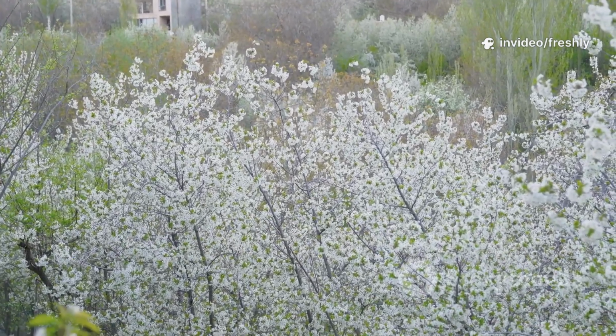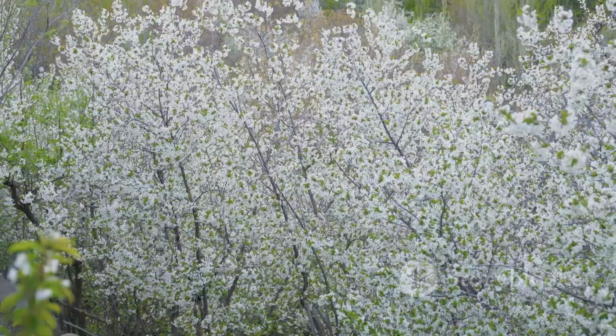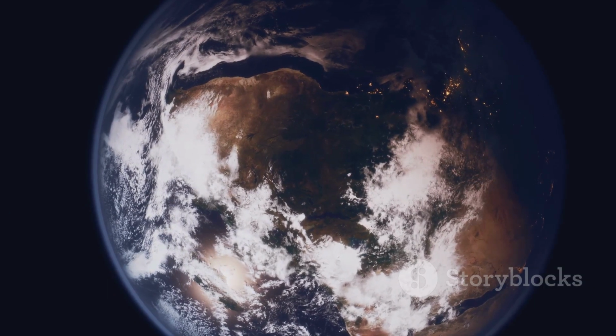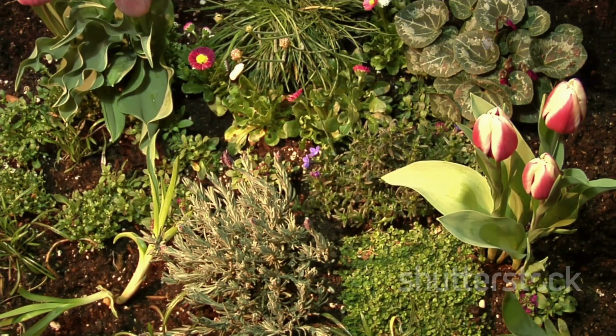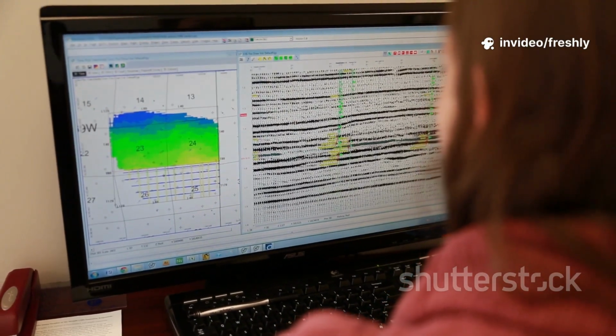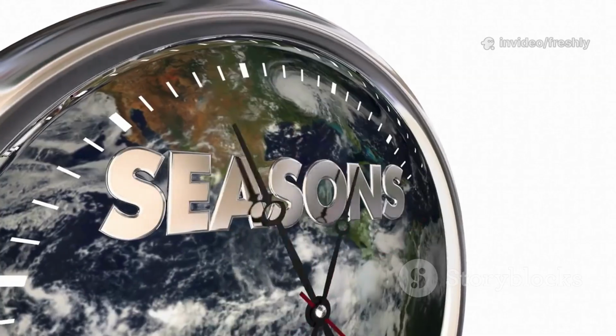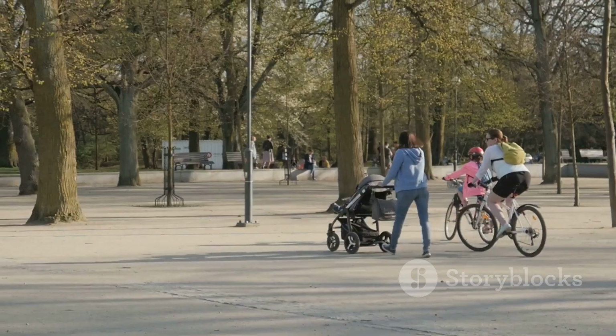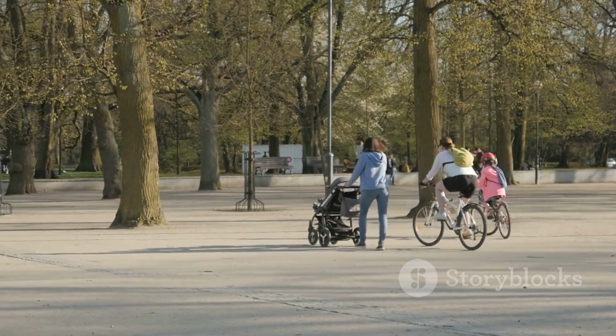Why do we need two systems? It's all about consistency. Astronomical seasons vary in length because Earth's orbit isn't a perfect circle. Spring can be anywhere from 89 to 93 days long. That's a headache for scientists comparing climate data over time. Meteorological seasons fix this by making each season exactly 3 months. Now every spring is the same length, no surprises.